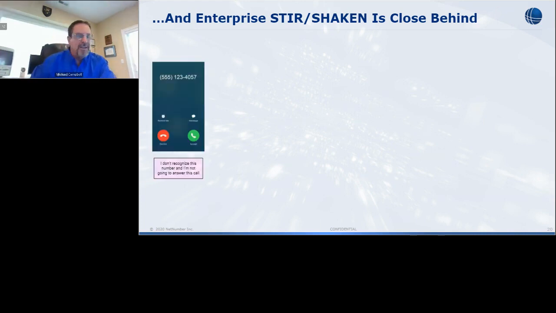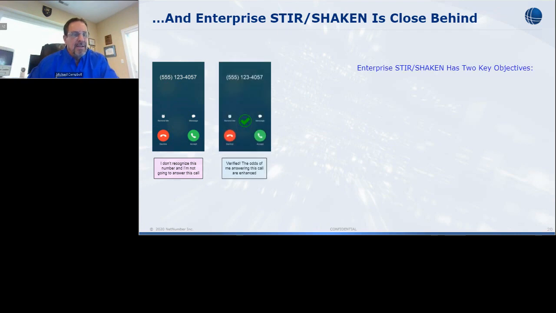And just to give you an example of how this works, I've used the classic Home Depot example that seems to show up in so many of the standards papers that we read. If Home Depot was to call you right now and say that they were delivering something on Saturday, a call would look like this, and you probably wouldn't answer it. It's just an unknown caller ID, and that's that. So Enterprise STIR/SHAKEN would like to level that playing field and at least make the call look like this. So it has a green check mark.